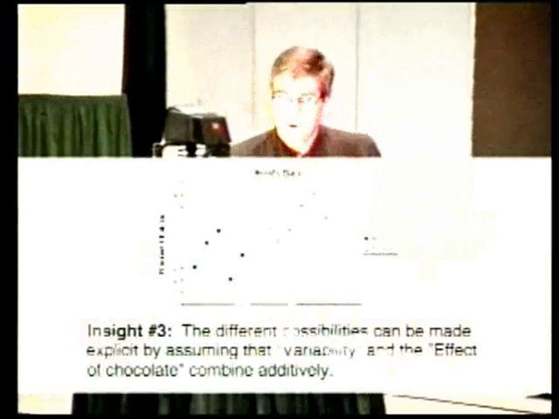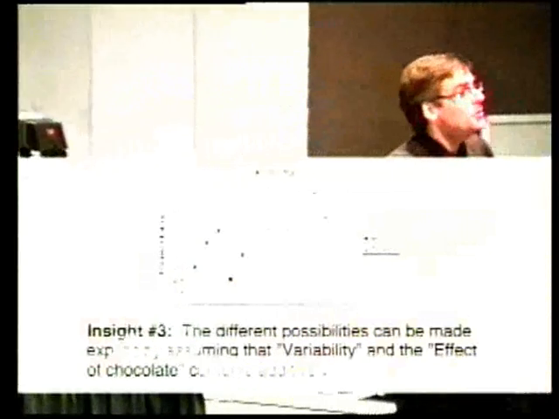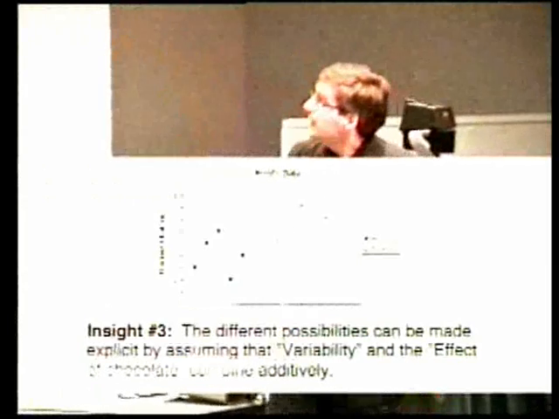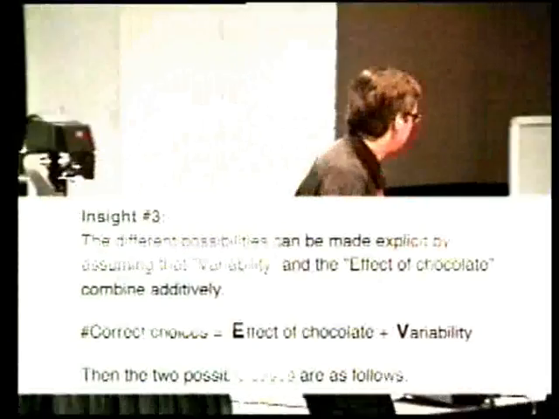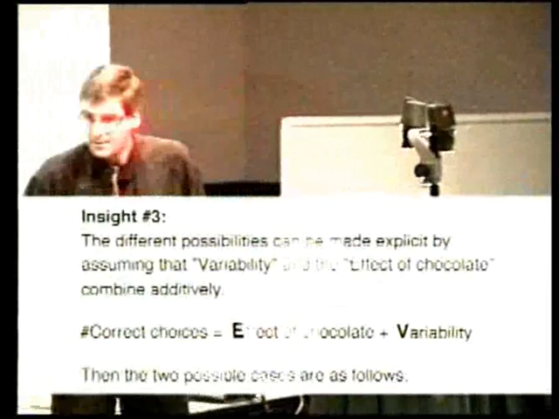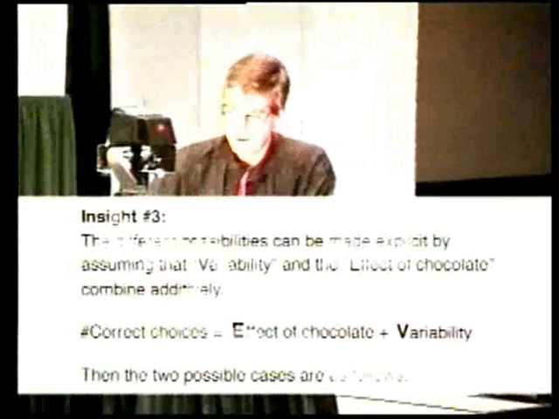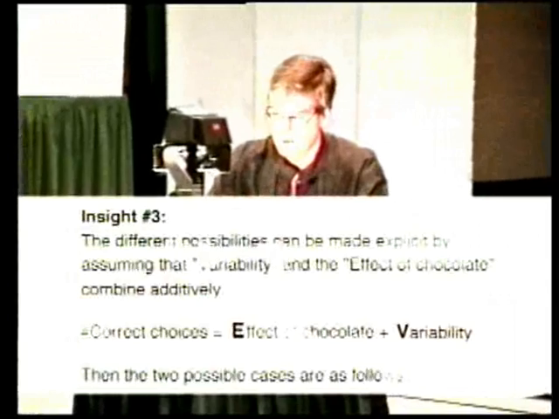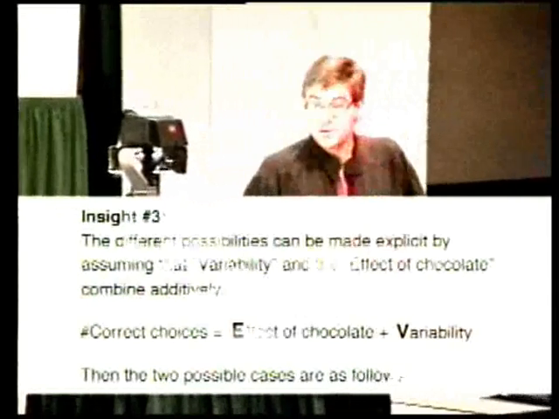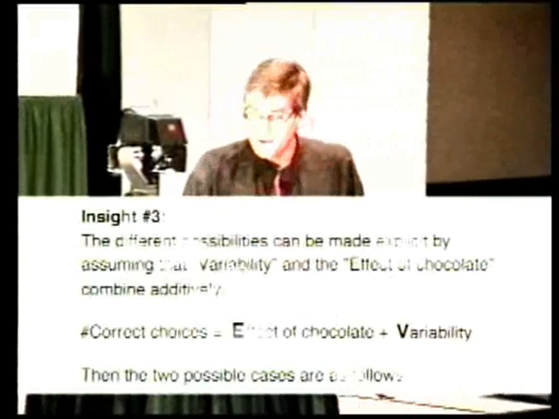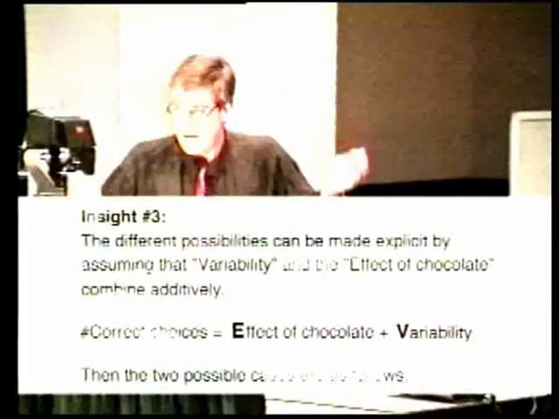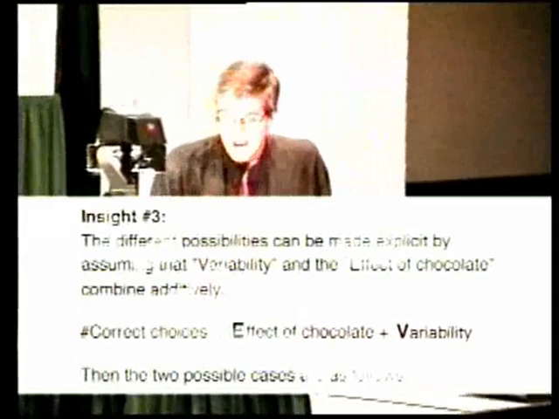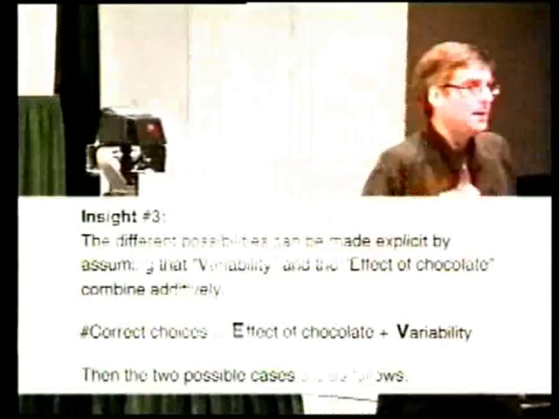which is that there's a way to make the possibilities explicit by combining the first two insights that he's had, namely that variability and the effect of chocolate combine in an additive way. In other words, we can assume that the performance of each rat, the number of correct choices, is some effect of chocolate plus variability, whatever caused the rat to behave the way it did in a way that was different from the other rats. And once we make that assumption, we can make the two possibilities a little bit more